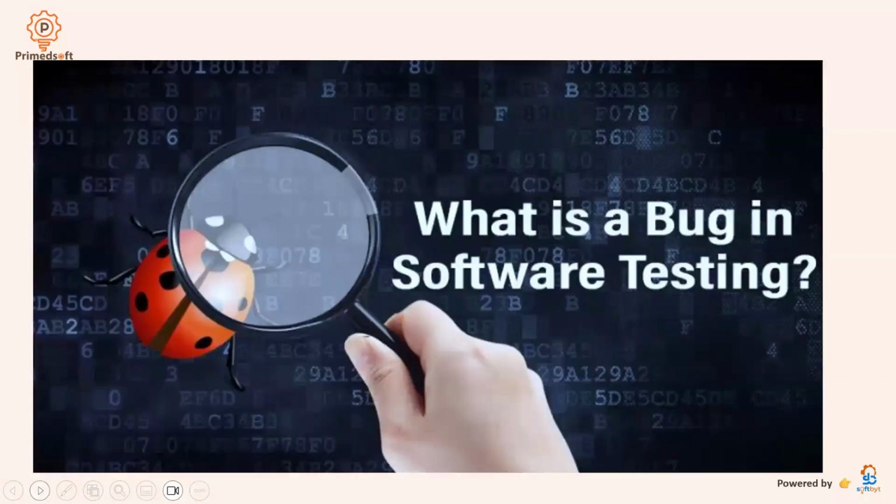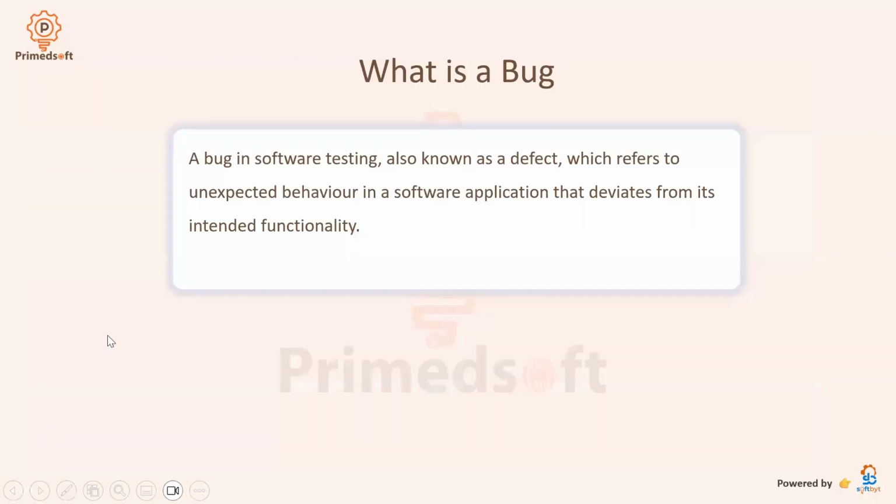Okay. So now we're going to look at what a bug in software development is. A bug in software testing, also known as a defect, which we touched on in our previous class, refers to an unexpected behavior in a software application that deviates from its intended functionality. Let's say, for example,